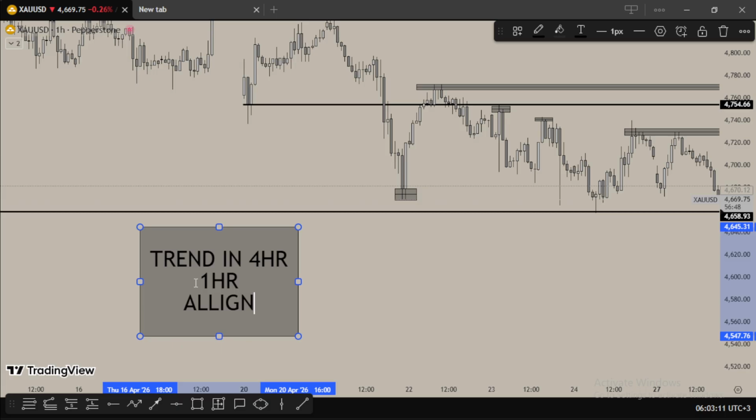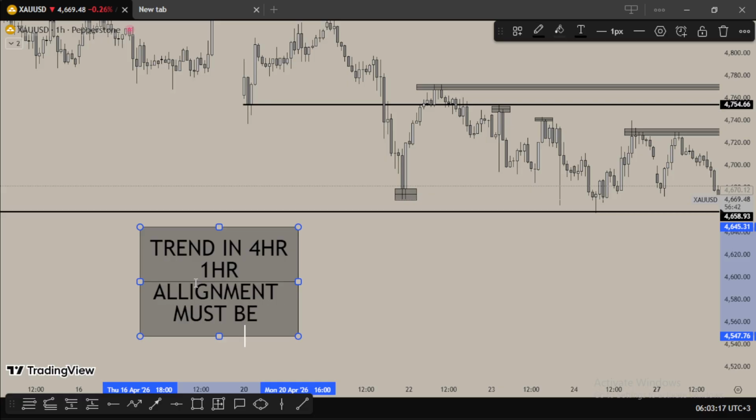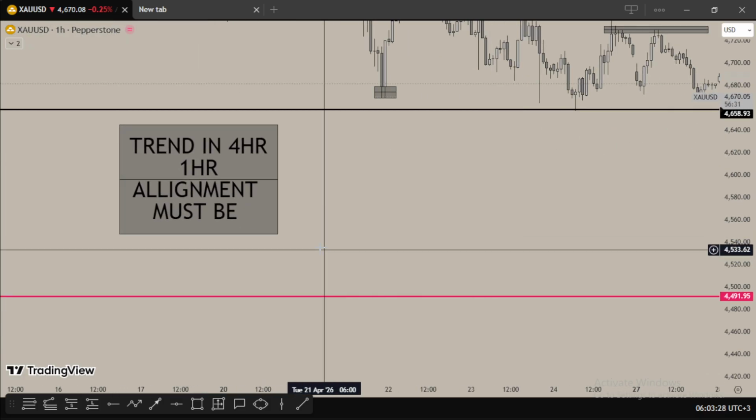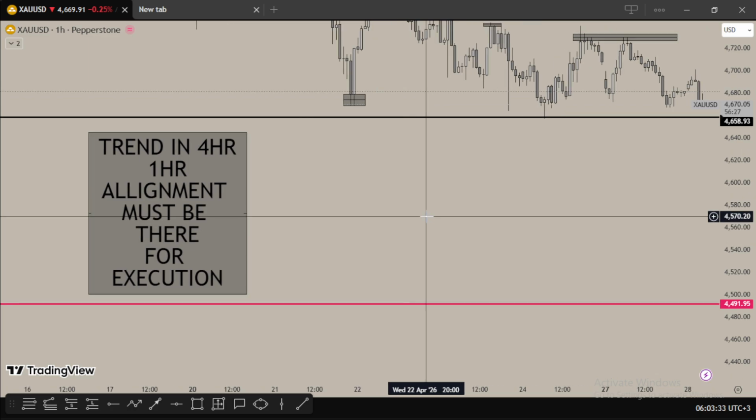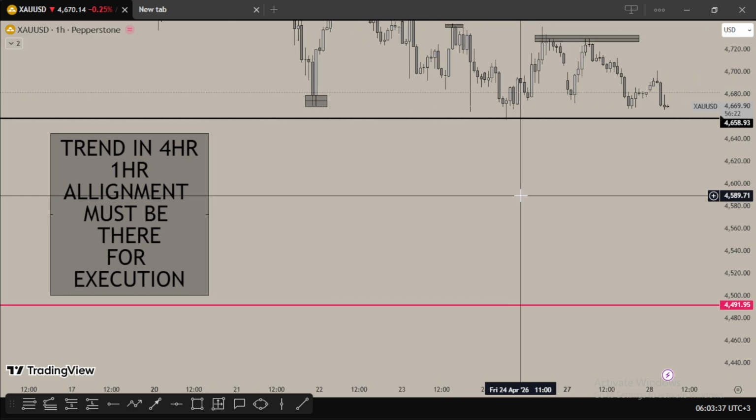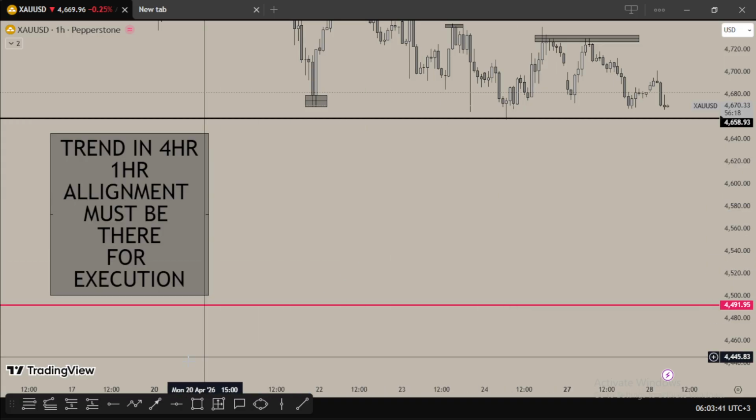Alignment must be there for execution. Do you understand that? Alignment must be there for execution, which means the 4 and the 1 hour time frame need to be aligned for you to be able to